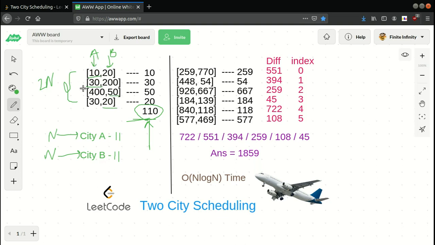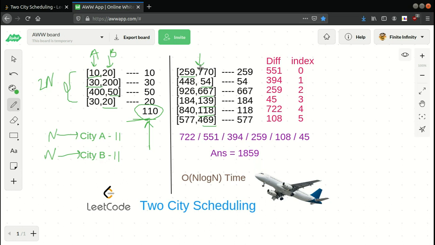So 2 will be for city A and 2 will be for city B. But if you see this test case, the minimum elements will be this, this, this, this and this. So if you only pick the minimum element and sum it, then out of 6, 5 will go to city B and only 1 will go to city A. That is not required in our question.